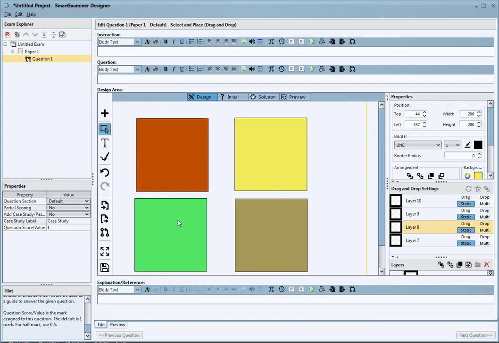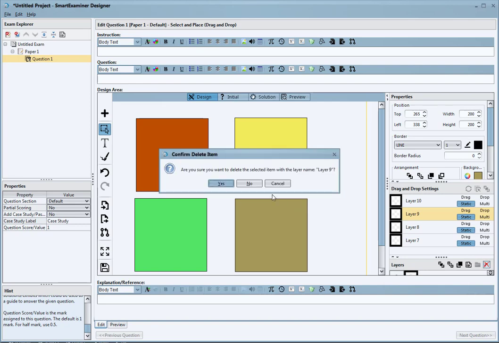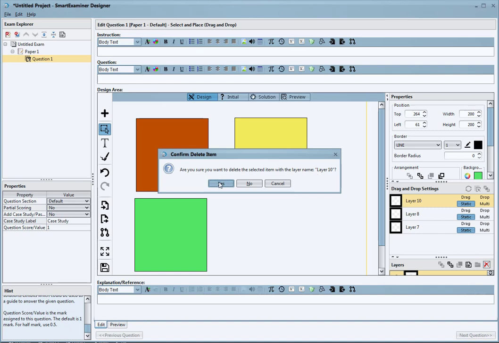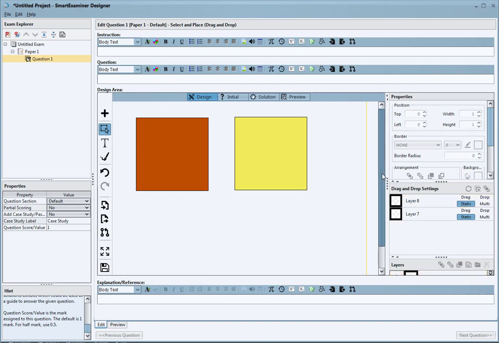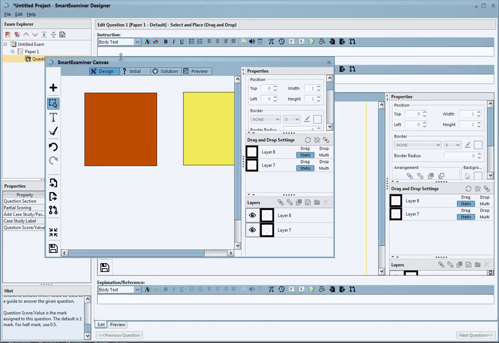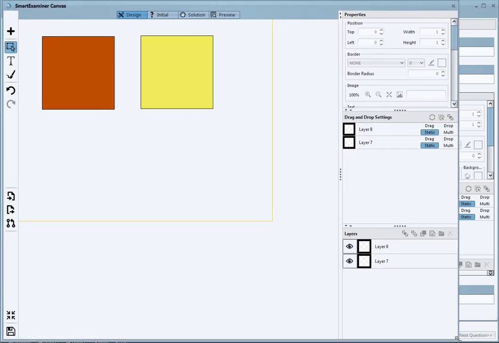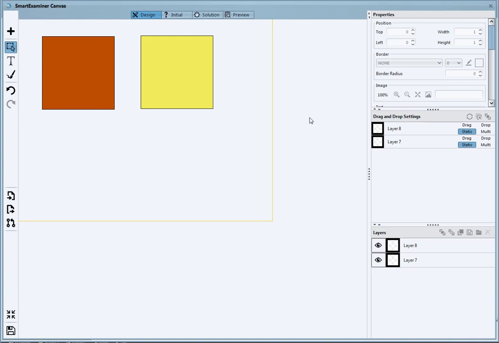Okay, so let's start with a very simple case. I'm just going to delete these 2. I'm going to delete this as well. And essentially, in order to have better screen real estate, I'm going to click on this to expand it out. And I'm just going to expand it so that we can see more of the drawing area, and see exactly what we're trying to do. Okay, so